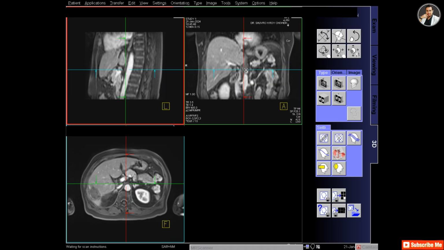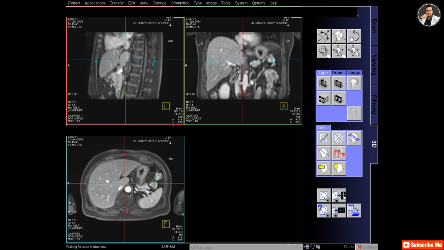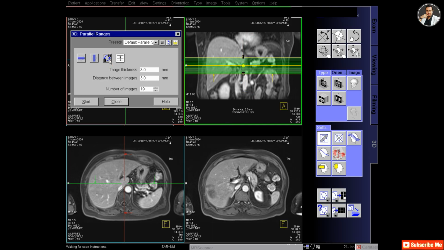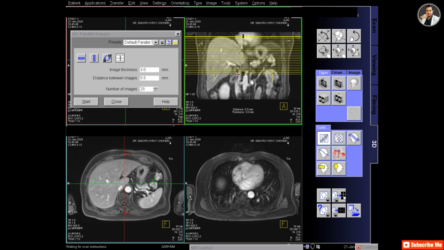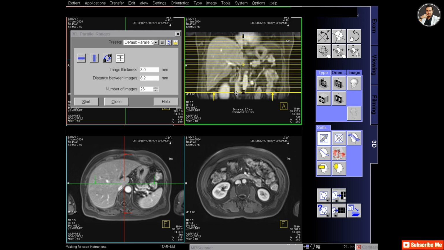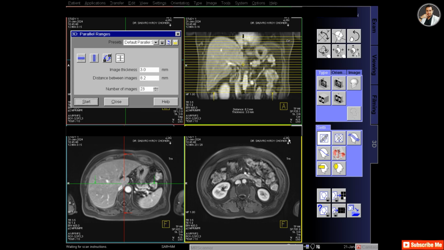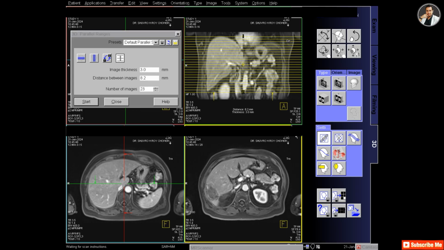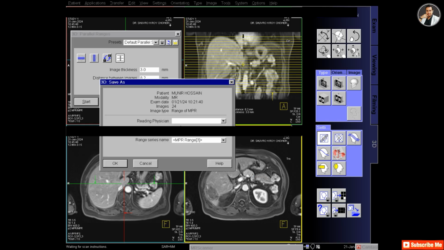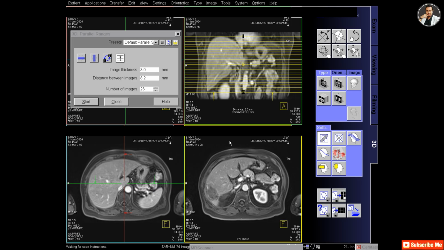Now in the 3D tab, on the coronal image, click the parallel ranges and change the number of series to 23 and drag the slices up and down to cover the whole liver, and click start and then check out the image, then save as and write portal venous phase or PV phase in short, and then OK, and send it to the filming.